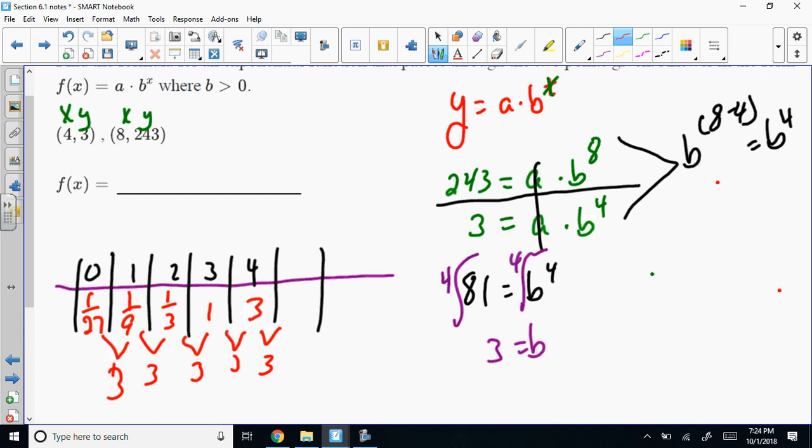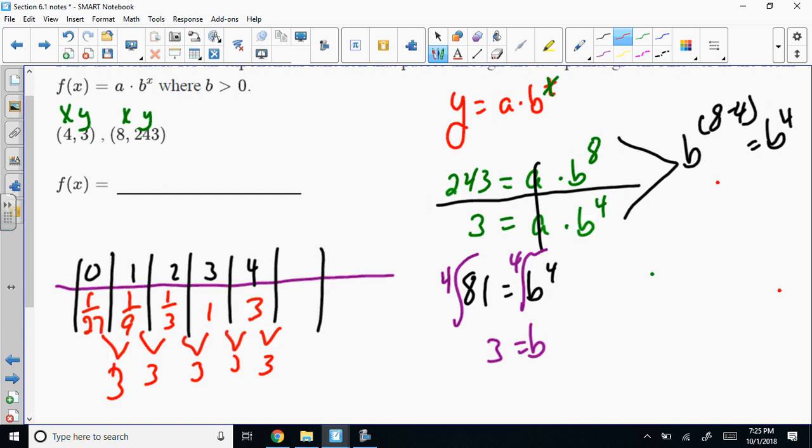Well, I chose 4 because I took the 4 through, but look at this. This is x and that's y. So the smallest x value that I have was a 4. I could have done 8. I mean, I could go all the way up 5, 6, 7, 8 and just take 243, divide by 3, divide by 3, divide by 3, divide by 3. I'd still get exactly what I got right there. Okay. So you just need to make sure that you are able to think flexibly about